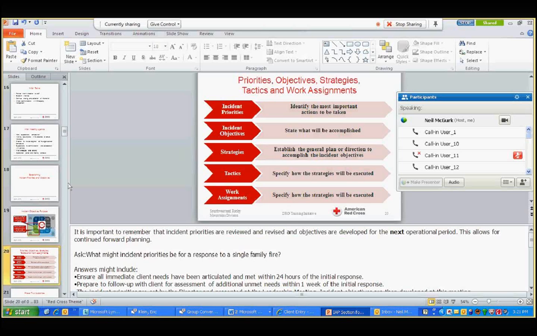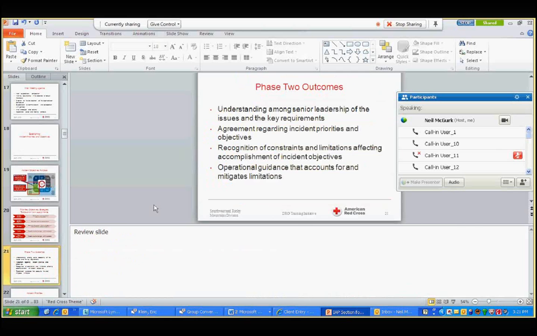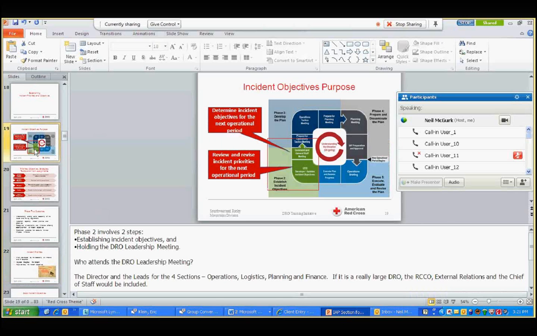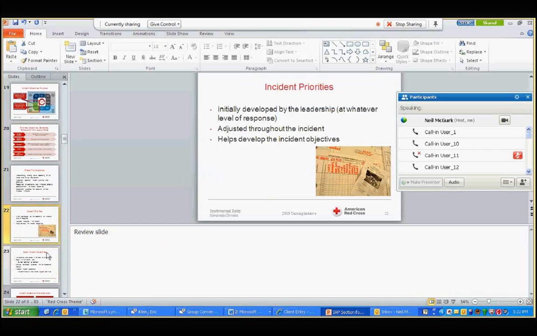So moving down onto phase 2 outcomes, this is phase 2 of the planning side. Again, you're working through the understanding of senior leadership, working through some of these bullets, and discussing those with the class. And I would highlight, we jump down here to incident priorities, but the way that I've written it in the facilitator's guide is really have that conversation about priorities and objectives at this section. You'll see this on the facilitator's guide. I really have a lot of your conversation about priorities and objectives in this section, and then use these slides down here to go back to the point and further reinforce those agenda topics.